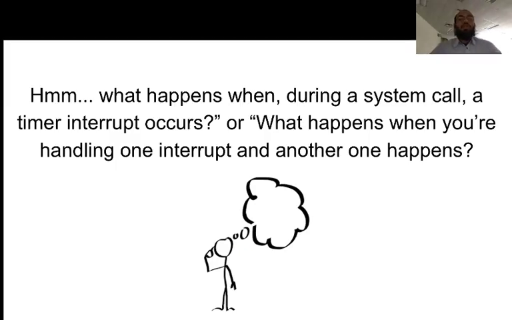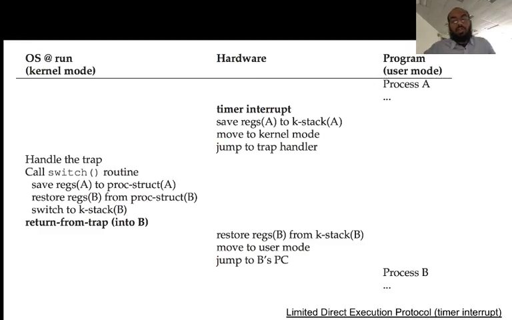So what happens when a timer interrupt occurs during a system call? Because you might be doing a system call, you might be trying to read or write a file, you might be trying to do something that is no longer actually in the application. If a timer interrupt occurs while you are doing a syscall, a syscall is basically